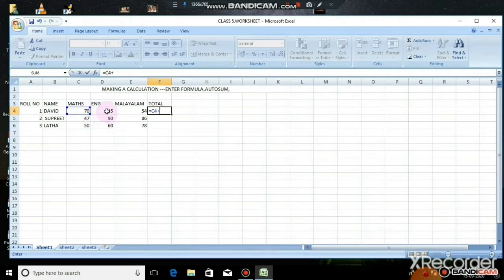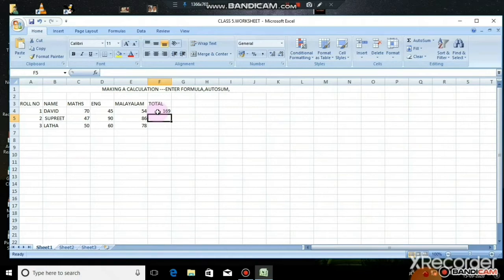So now C4, D4 and plus E4 are the 3 cell names. After entering the formula with the cell names, press the enter key. You can see the total appears automatically. So this is how we create the formula.